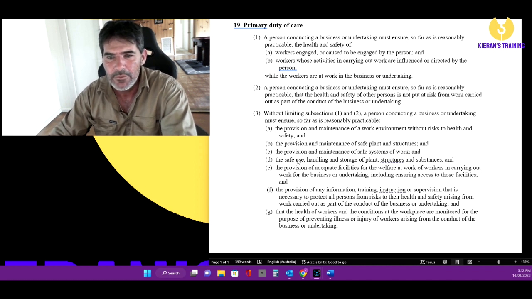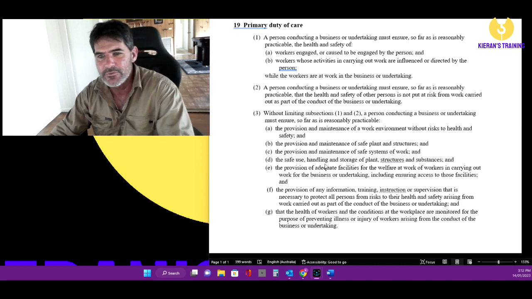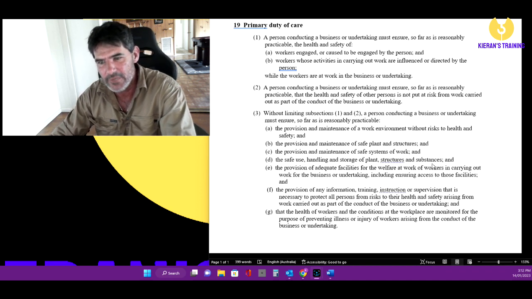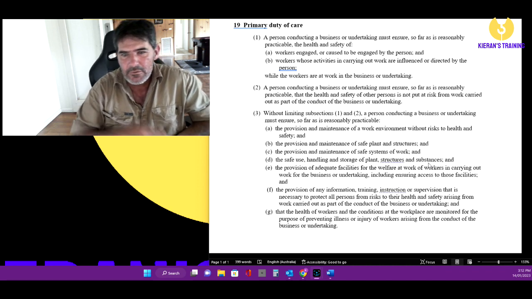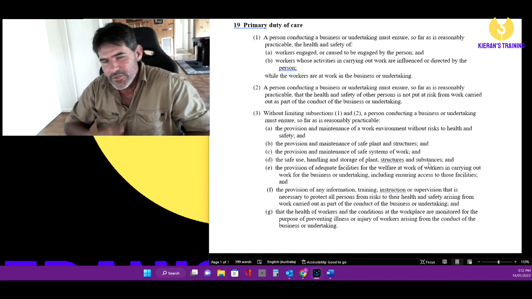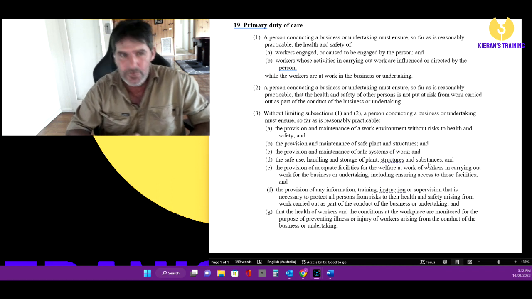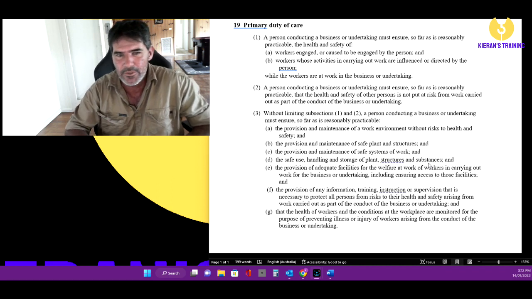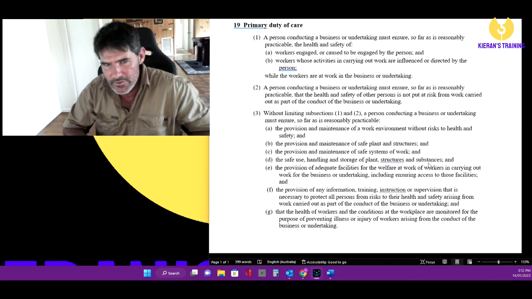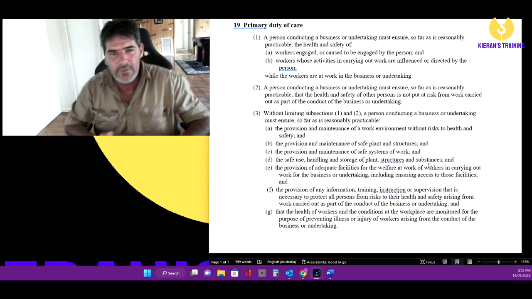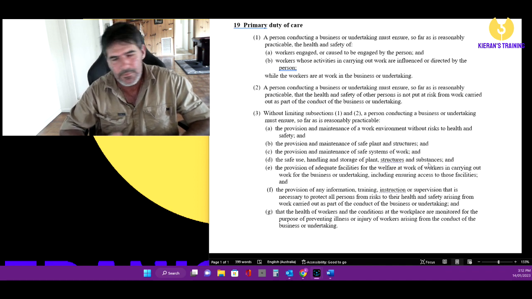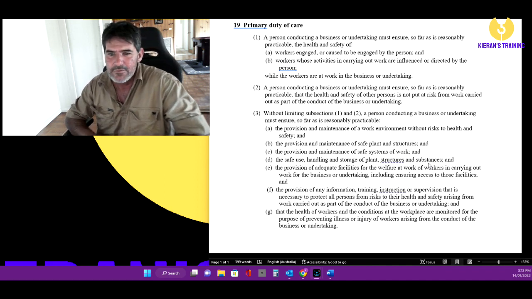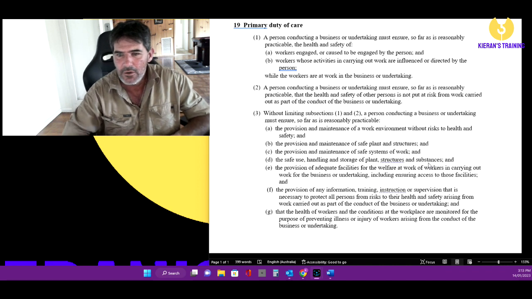Okay, then we go down to the safe use, handling and storage of plant, structures and substances. So that's telling us that when we're talking about substances, if you're working with any chemicals, they're going to be stored correctly, that you're going to be provided with the correct PPE to use it, you'll be taught how to use that PPE. So it's going to make sure that everything you do with the handling of those substances is going to be safe. As far as the provision of